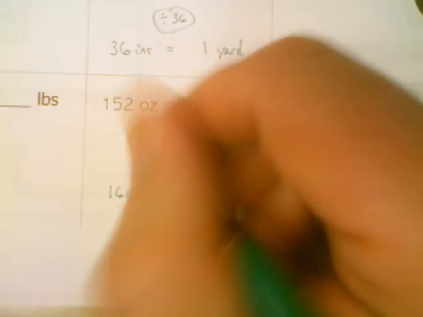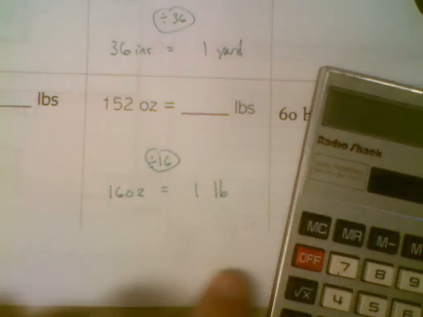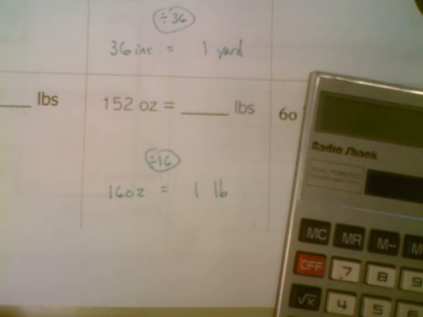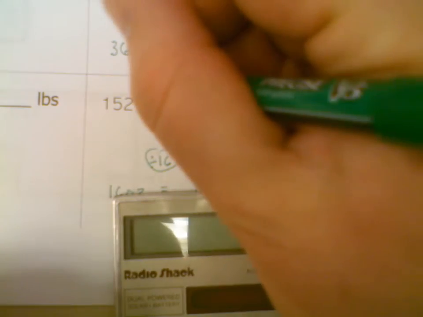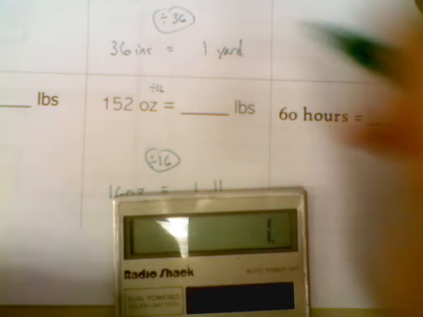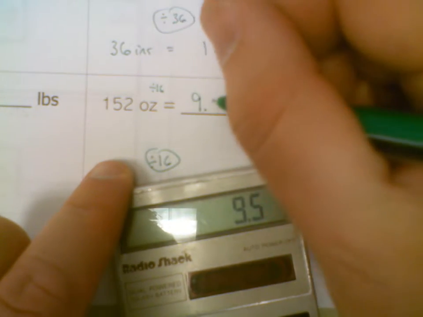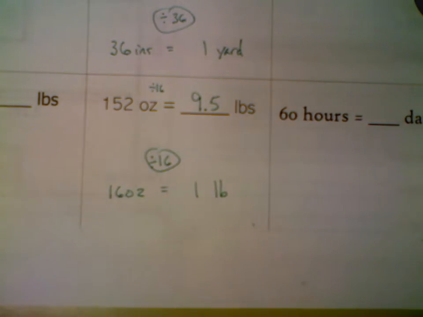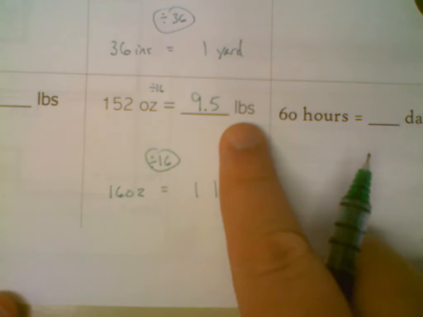Use the 16, okay? Hold on, Mr. Money, I don't trust you here. I'm going to type it in. 16 divided by 16, 1. If it works down here, it'll work up here. 152 divided by 16 is 9.5, or 9.5 pounds, okay? So stick to the right side and make sure you're going from ounces to pounds or